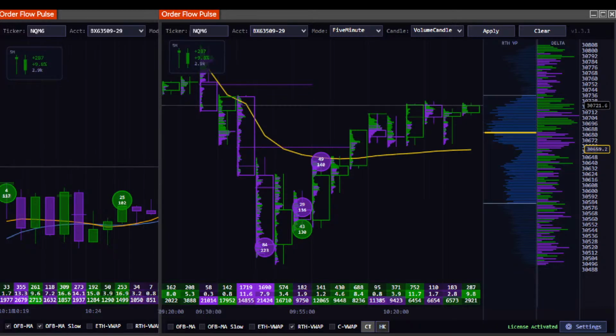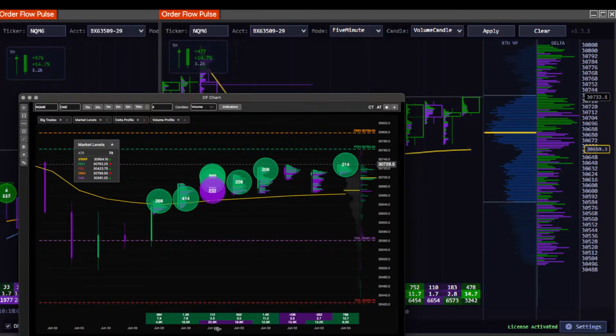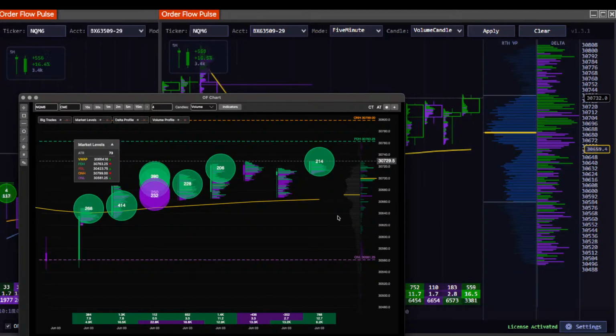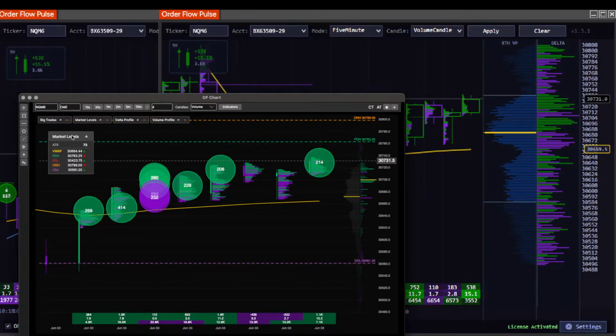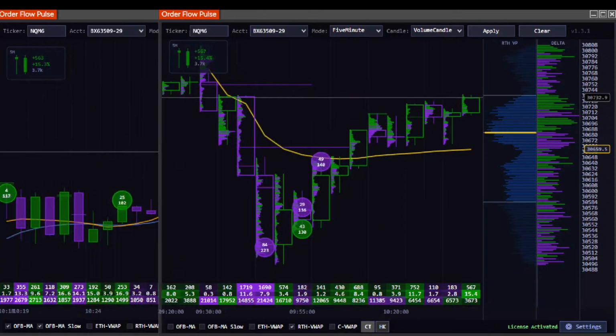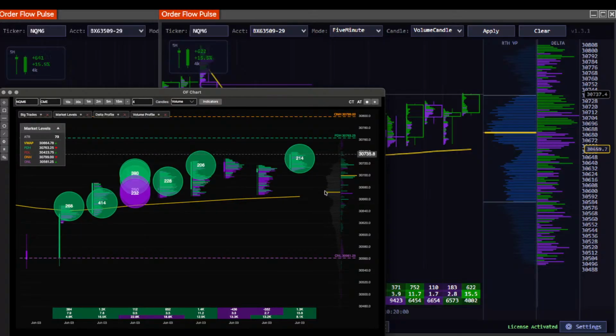I'm trying to figure out this right here. Boom. We got all this right here. We got some big trades here. We're up here at the previous day highs, which is right up here at 37.63, I think. 37.63 is the previous day highs. We're right up here. And this is hard to read